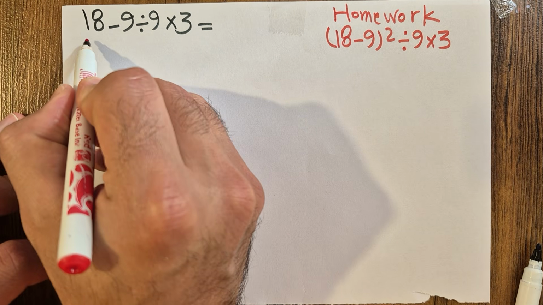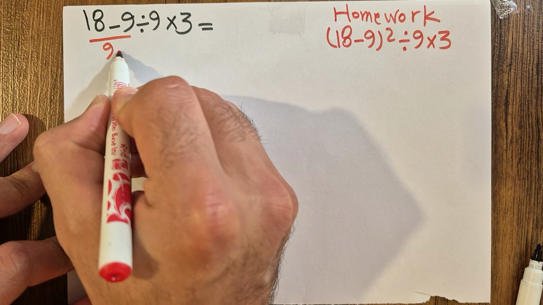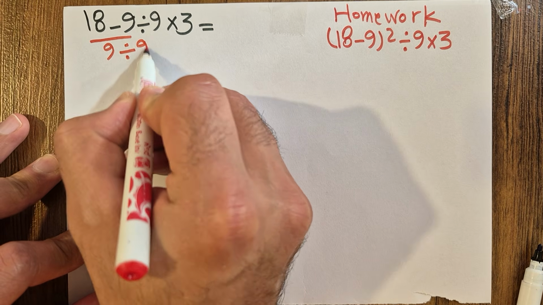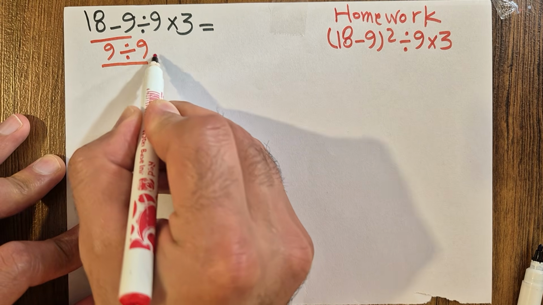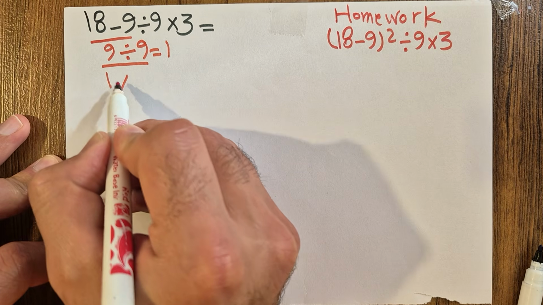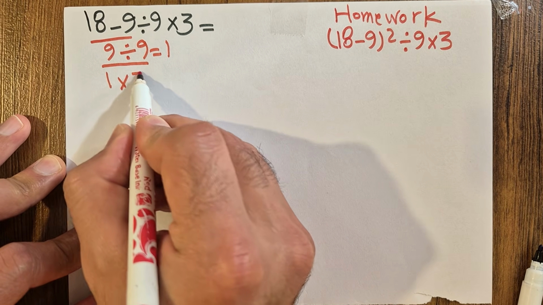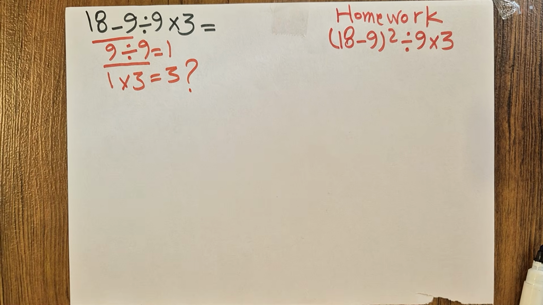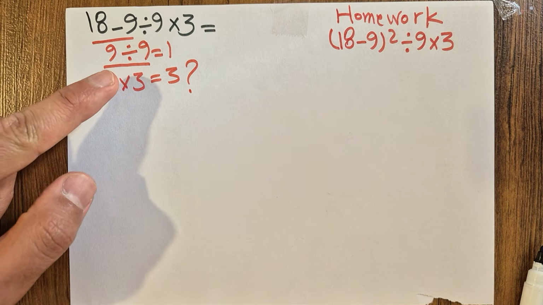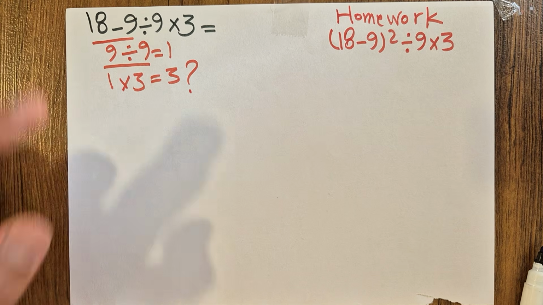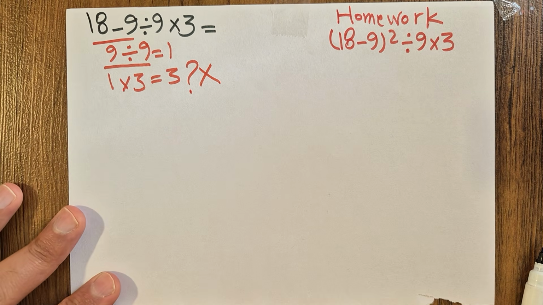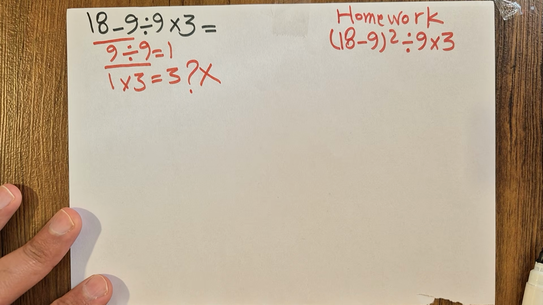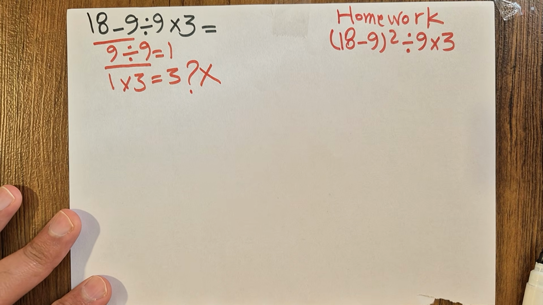18 minus 9 gives us 9, and then 9 divided by 9 gives us 1, and then 1 times 3 gives us 3. Do you think that's the right answer? 18 minus 9 divided by 9 times 3. Unfortunately, that's not the right answer because you fell for a big trap, hook, line, and sinker, and that's the